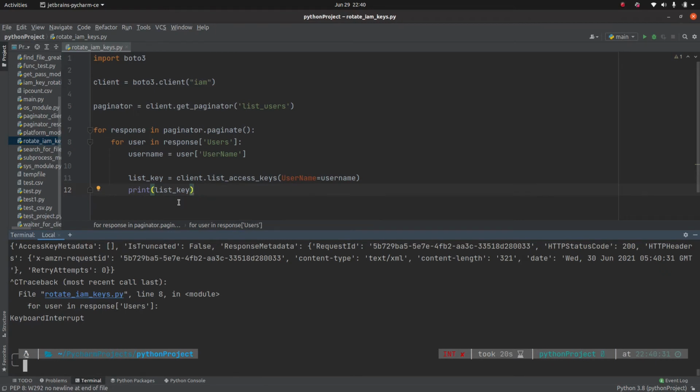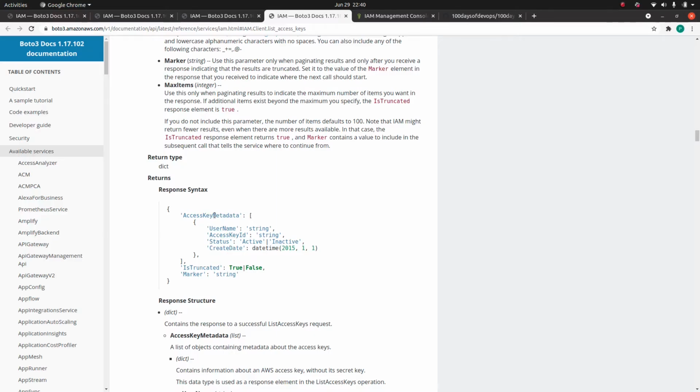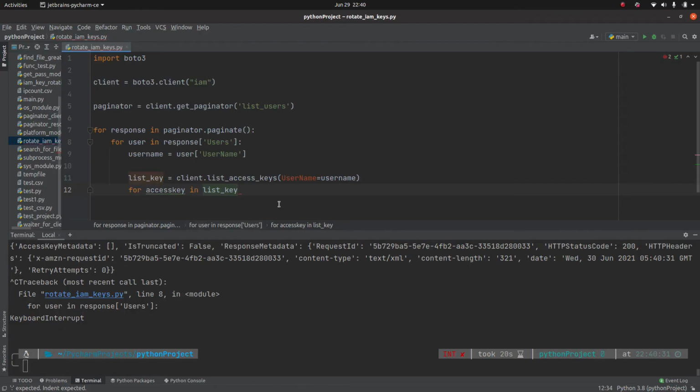let me do one thing. Let me take one more loop, say for access key in list key, and we know that list key starts with this. So let me take this key from this dictionary.